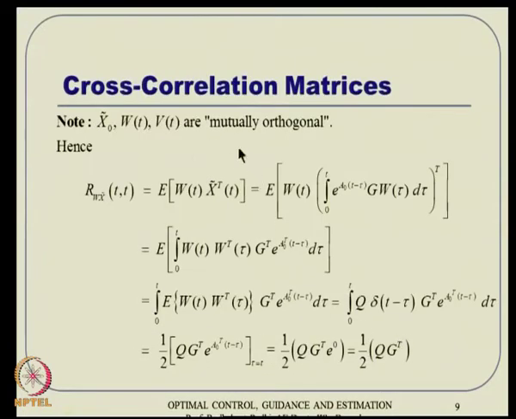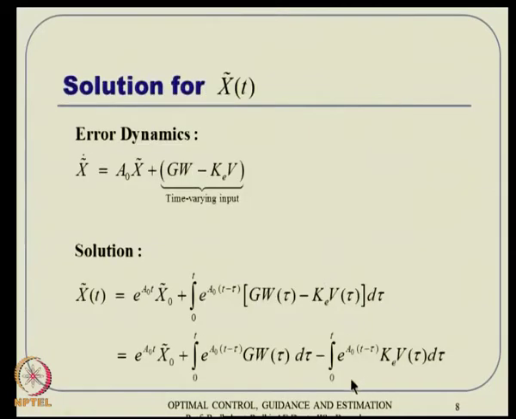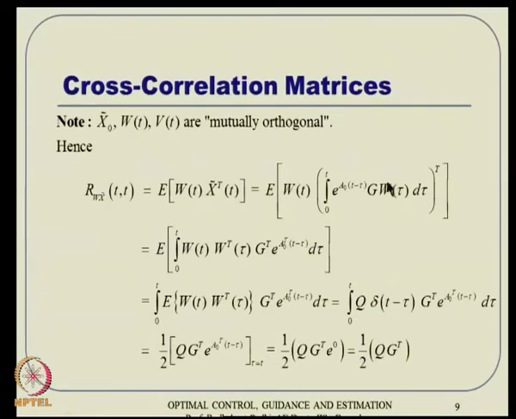Remember, W and V are also mutually orthogonal, so that part will also go. This will go because of mutual orthogonality, and this will also go because of mutual orthogonality. What will remain is only that part. So you put it there, and then you can tell, okay, expected value of this,